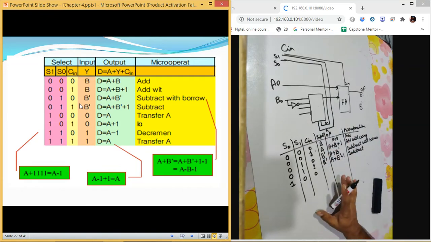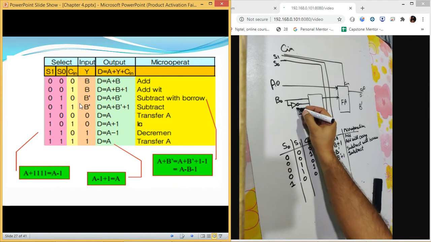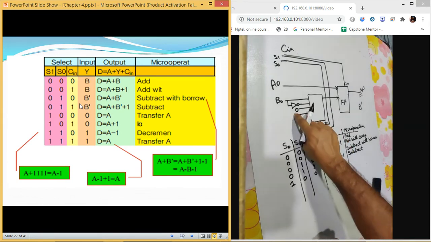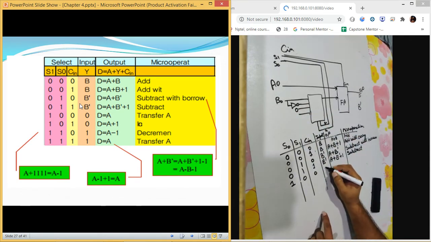So for the sake of simplicity, whatever we have used in your previous slide, we are going to use that value only. In your slide we gave a value 0 here. So we are just assuming that the value which we give at B is now 0. So at this place the input which I am giving is 0.